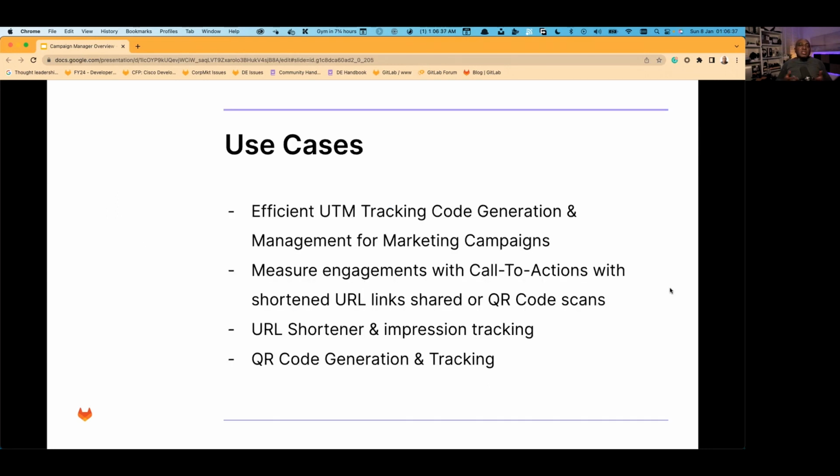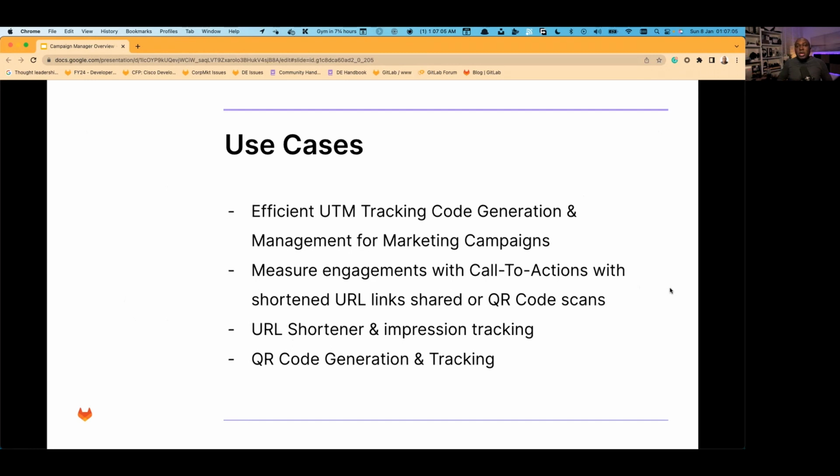Now, let's look at some examples of use cases for Campaign Manager. Say you are a marketing team that's trying to run a campaign, or maybe a new go-to-market campaign for some features, for example, GitLab 16. You have all the resources you want users to visit, so the GitLab 16 release blog post, or some other landing page, or some meetup, or some webinar that we